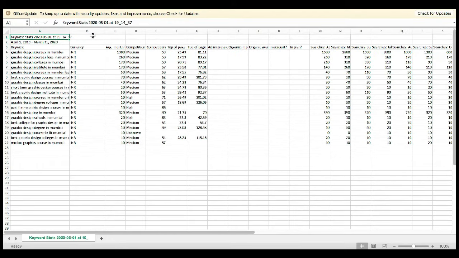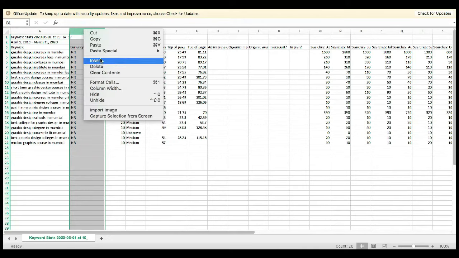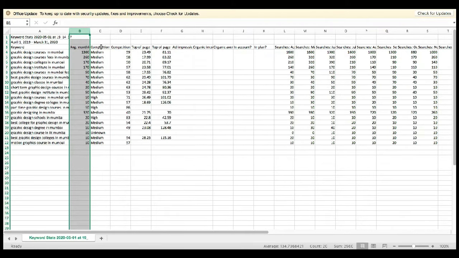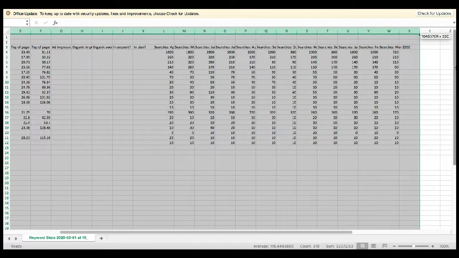Now remove anything that is related to paid marketing. That is your step 1. Remove everything that is related to paid marketing. I can see that currency has nothing to do with SEO, right? So delete the column. I can see competition. As I said, ignore this competition. This is competition of ad auction or the CPC bids.